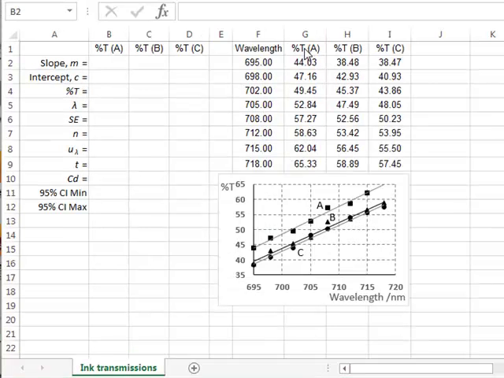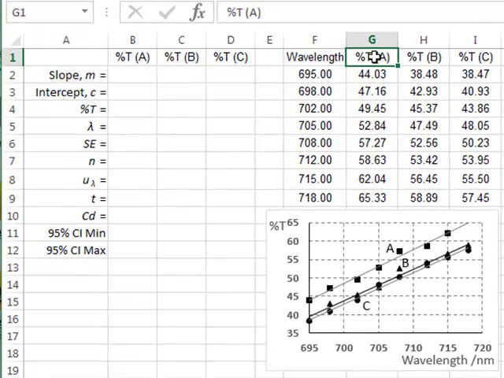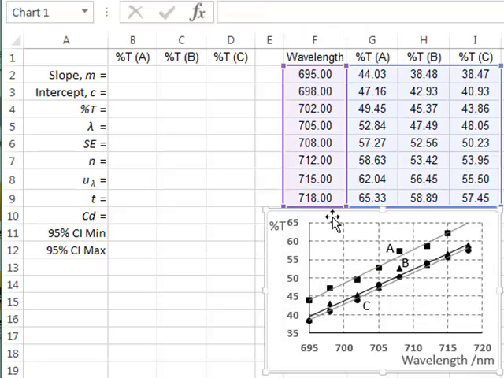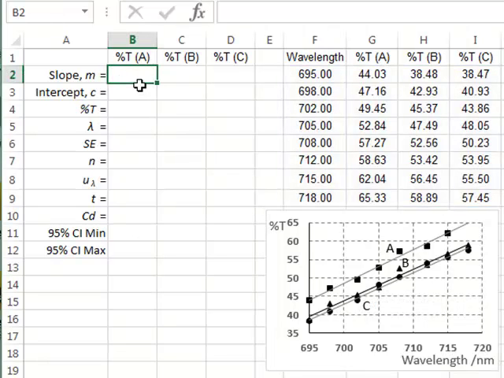C. We have three linear relationships of percentage transmission against wavelength for three different inks A, B and C. And their relationships are drawn on this graph with the experimental data for inks A, B and C drawn as three lines, and we wish to calculate the confidence intervals of the wavelength at which each of these lines cross the 50% transmission mark. Initially, in column B, we will perform the calculations for ink A, and we will use